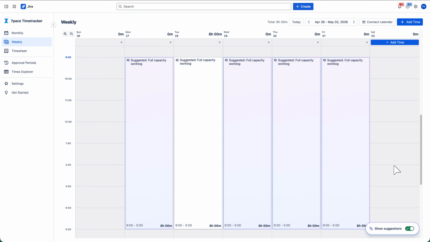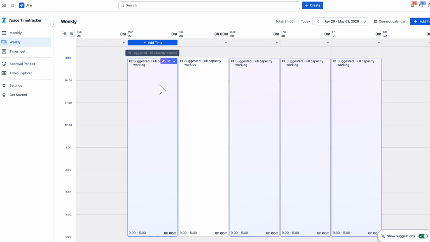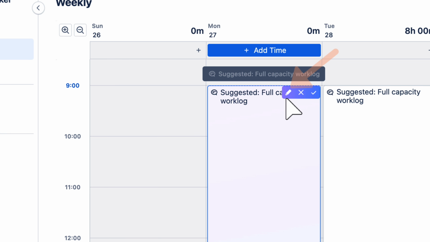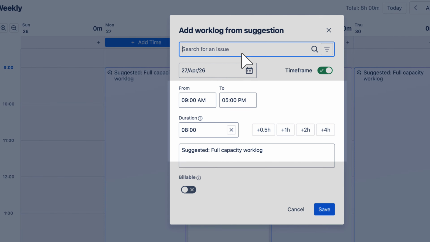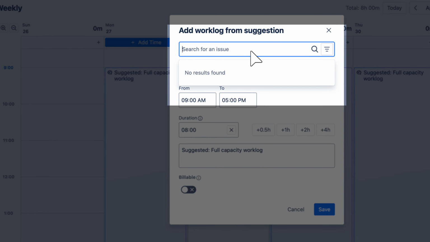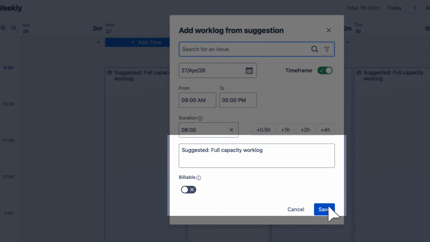Once enabled, suggested worklogs appear as highlighted entries. When you hold the pointer over, you are presented with 3 possible actions: edit, dismiss, and accept. If you need to refine the details, choose Edit. This lets you adjust the duration, assign the time to a different Jira issue, or add specific comments before the